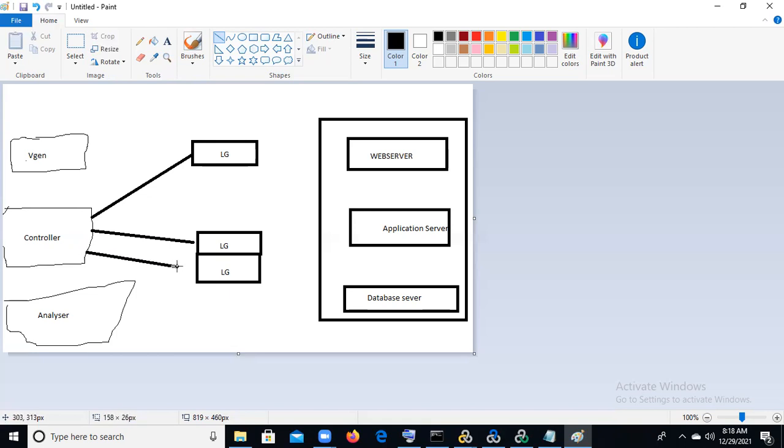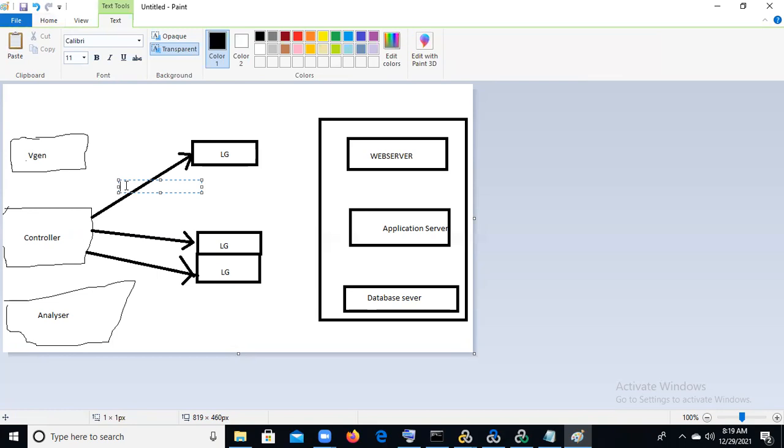So using the agent process, AP is nothing but agent process, we get the connection between the controller and load generator.